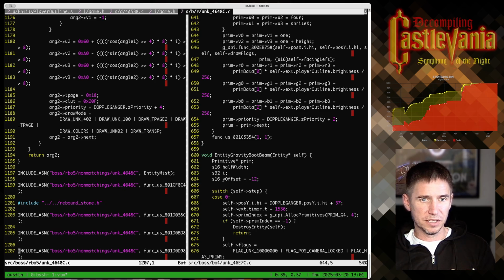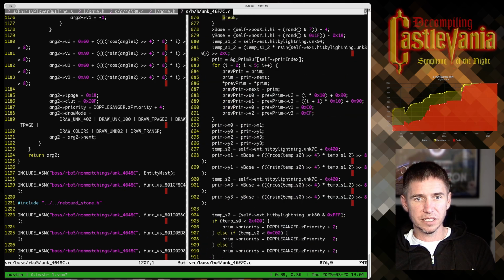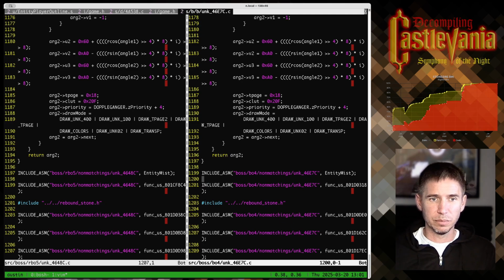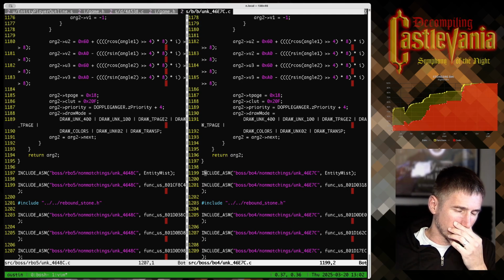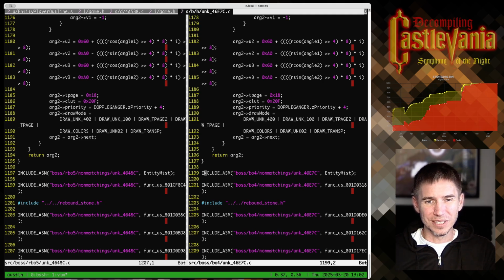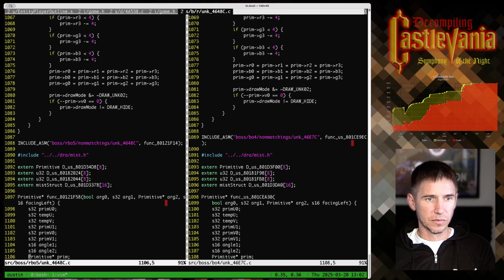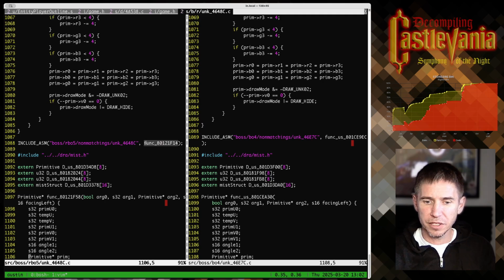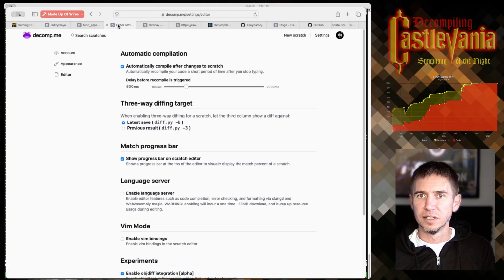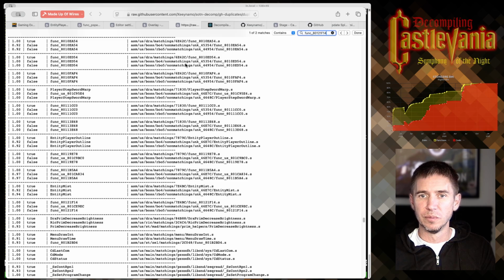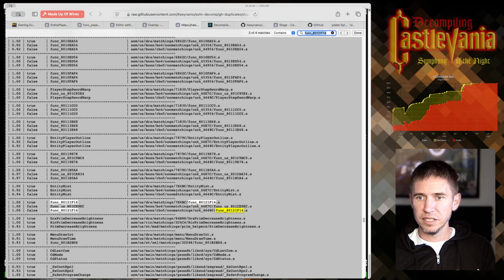So there's a bunch still here. I did look at Entity Mist. Entity Mist is relatively complex. There is a lot of external data that it references, and so I think most of it is just mapping that, but kind of boring. Most of these were a little boring today. I'm not going to do any more today, but I will look at this. Some of these last ones, they did get a match for DRA